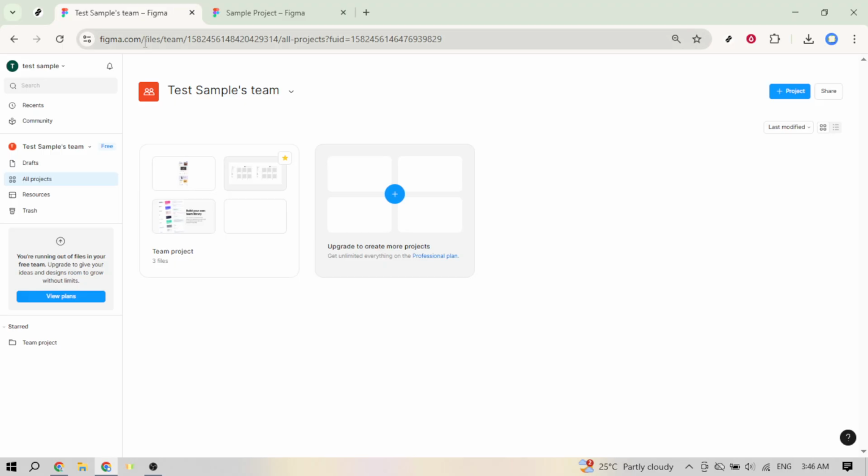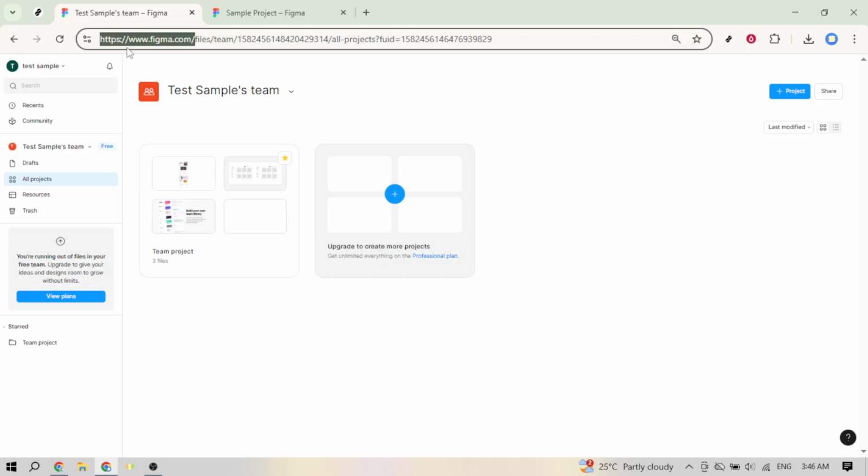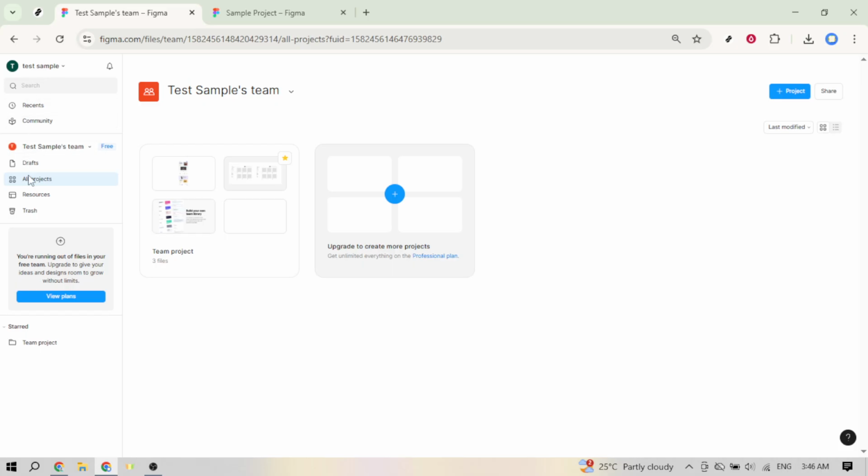Start by going to figma.com in your browser. Once you're signed in, head to your workspace and open all projects. This view helps you quickly find what you're working on. Click the project you want to edit to open it. If the file has multiple pages or frames, make sure you're on the canvas where you want to add or